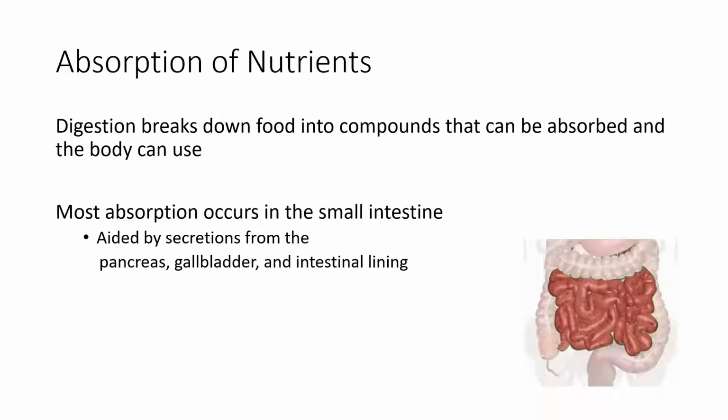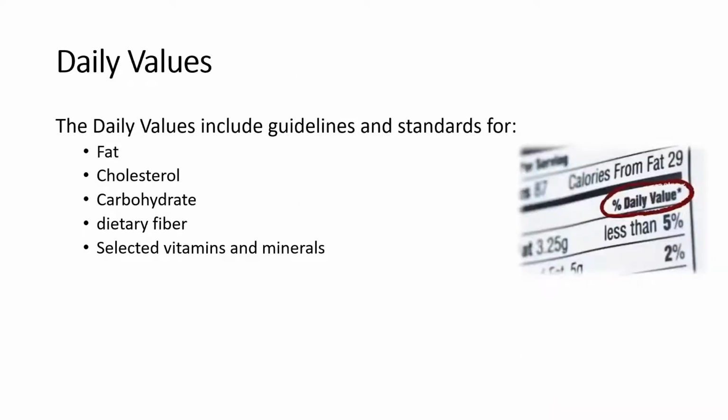and is facilitated by hormones produced by our pancreas and other productions within our digestive system, as well as our intestinal lining being able to take in those nutrients. If we have some kind of problem, so maybe we have inflammation in our gut, or some kind of disease that is causing our intestinal lining to not function properly, we will not absorb all of what we take in. So it's not all about what you put in your mouth, it's about what your intestines can absorb. Because we can't use it if we can't absorb it.